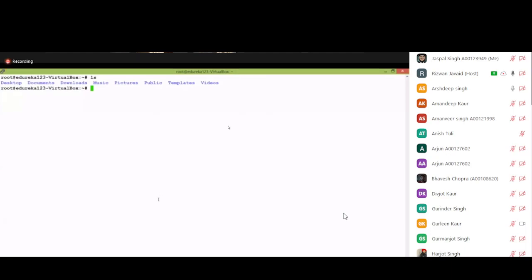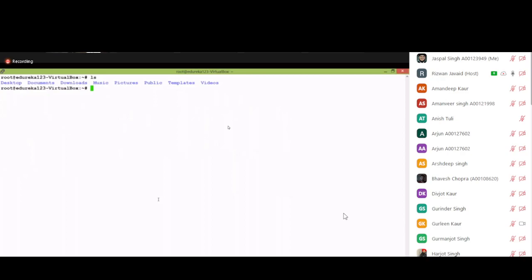Okay, so today we have started with the cat command. The cat command is used to create an empty file, and then we have seen how to insert content into the empty file. We used the echo command, and after that we saw the copy command: how to copy one file and place it in another directory.